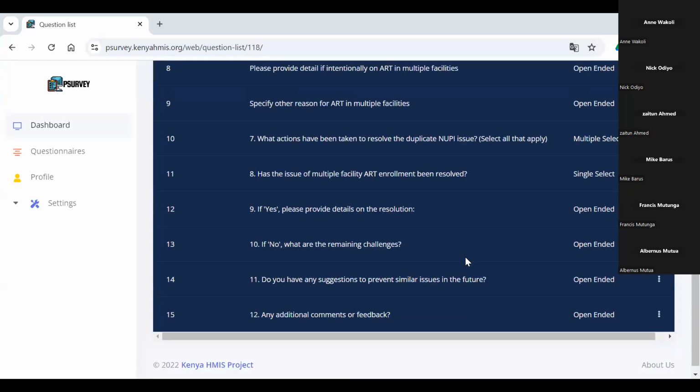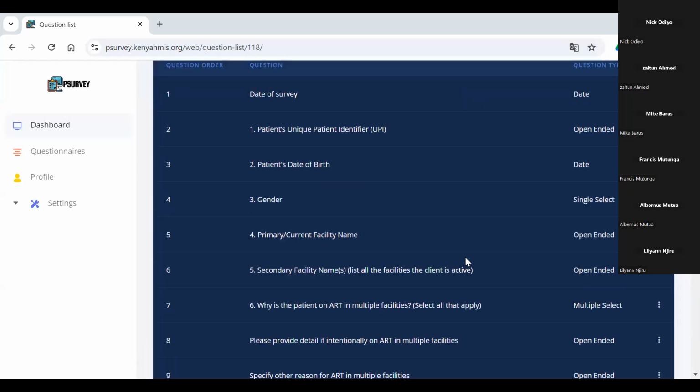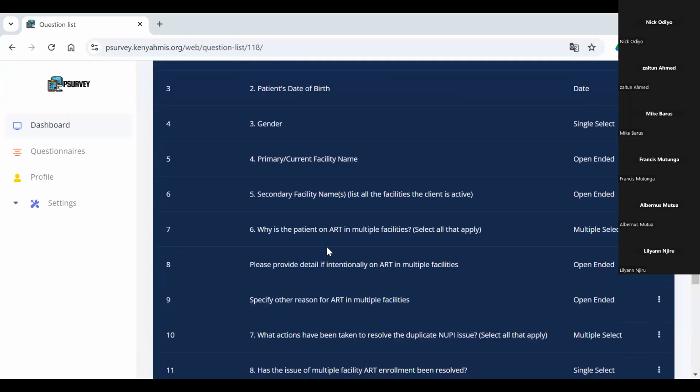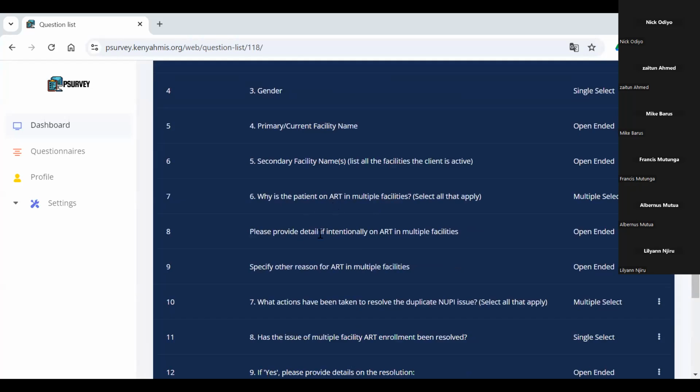Some will be skipped, but these are the identifiers we're tracking: the patient's unique identifier, their date of birth, their gender, their primary or current facility, also the secondary facility name or names, if there are many, why they moved, in question number 6, and if they moved, whether it was intentional,